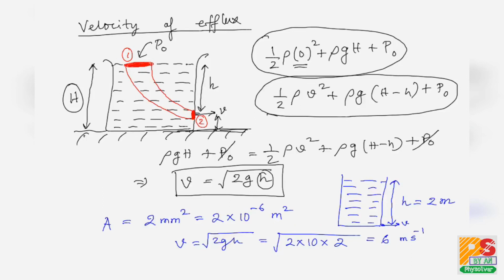Remember, we do not have any calculator to calculate this. So, we can take almost 6 or slightly greater than 6. This is the velocity, mind it, this is the velocity of the water coming out of the hole. But in the question they ask you to find the rate of flow of water through the hole. Now, what about rate of flow? First understand what is rate of flow. Rate of flow means the volume of liquid coming out per second